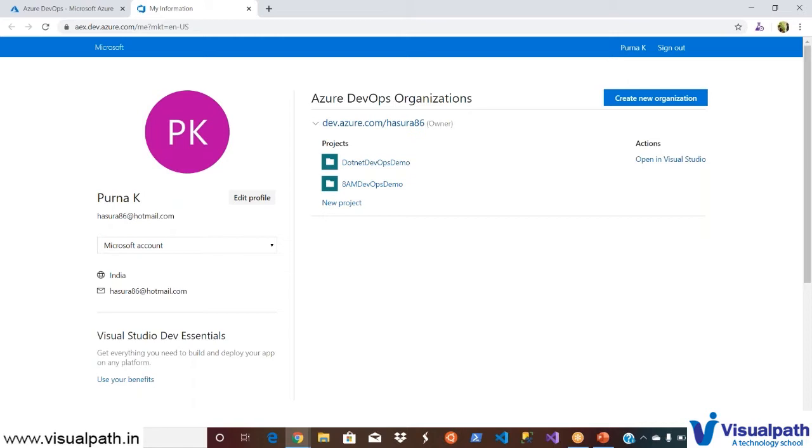The organization or projects are only for categorization purposes. For example, let us say you are working for some XYZ company. You might have a number of verticals, let us say finance, insurance, pharma, or healthcare, and everybody might be using Azure DevOps. So there should be a categorization. That's why you create an organization. It can be a vertical, a portfolio, or your client. So let's go ahead and create an organization.